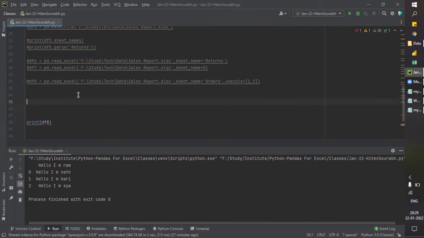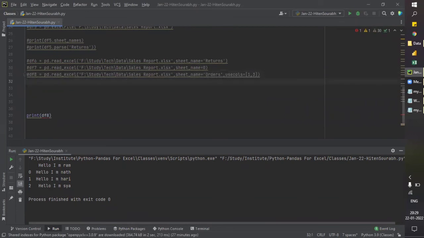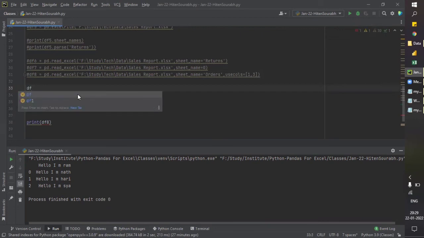Now let's jump to the question of how we can load TXT files. We have seen CSV, we have seen Excel file. Now let's see how text files are loaded. Let's make some space. Text files are also loaded similarly to the CSV file. The same line of code is there, but with a slight difference.